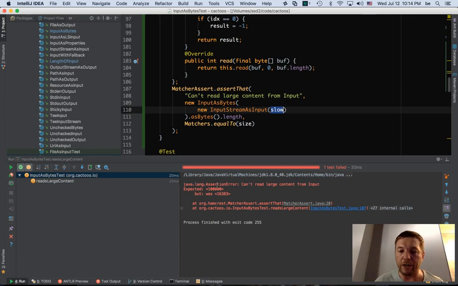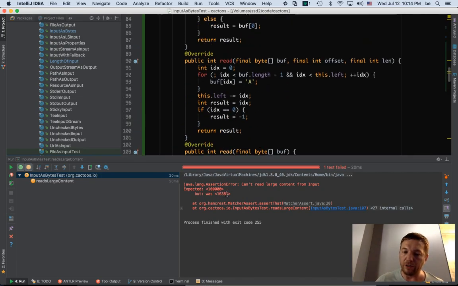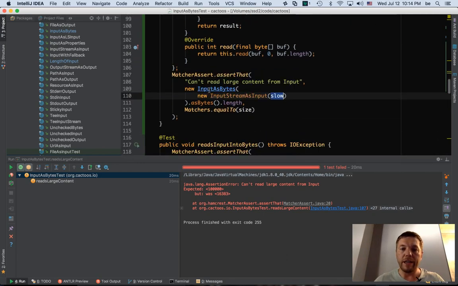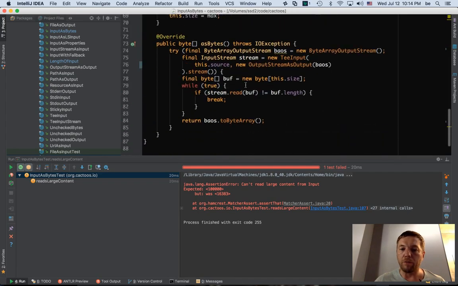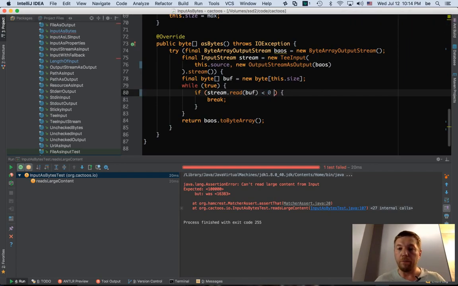So what happens here is that on the first attempt, when there is an attempt to read 16,000 bytes, we return 16 kilobytes minus 1 byte, and the code here understands that this is the end of the story, because the buffer was not filled entirely. That's wrong. It's not how it should be. So if it's less than 0, that means that we are done.